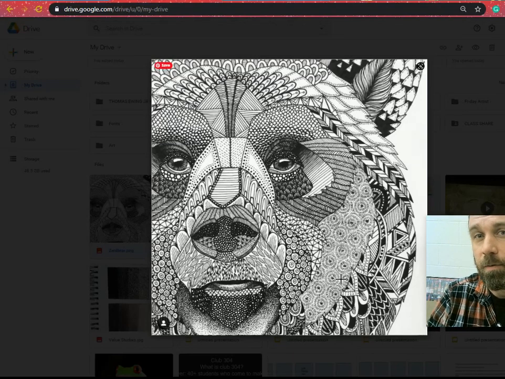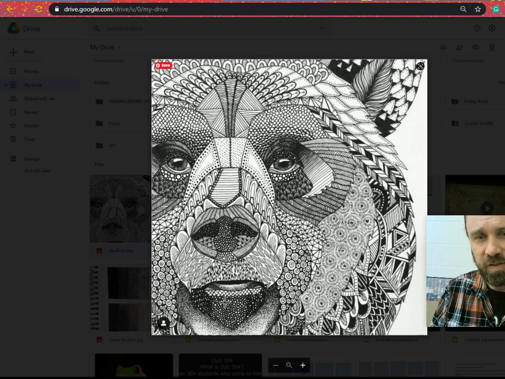All right, for the next assignment, we are going to work with Zentangles to create value, or at least quadrants. And the way we're going to do that is we are going to create a low poly design. For this, I'm going to let you use any existing person or image. You may use a self-portrait if you'd like, but for my example, I'm going to be using a celebrity, a musician. So what we're going to end up with is something similar to what you see in the bear